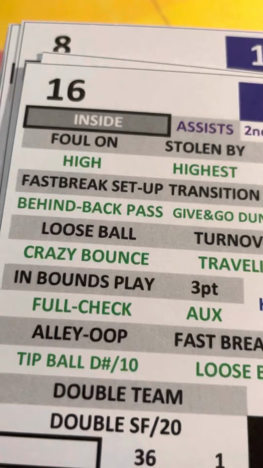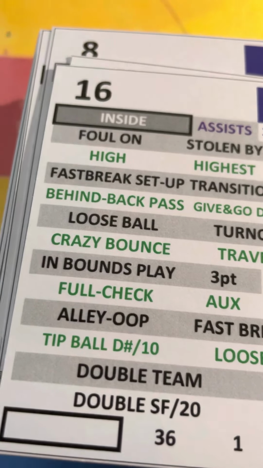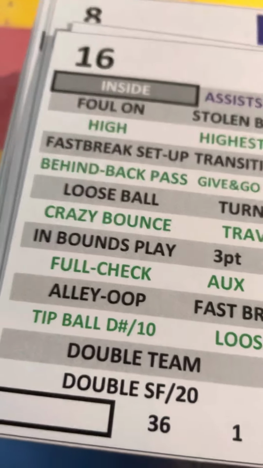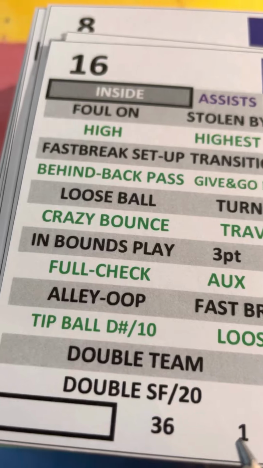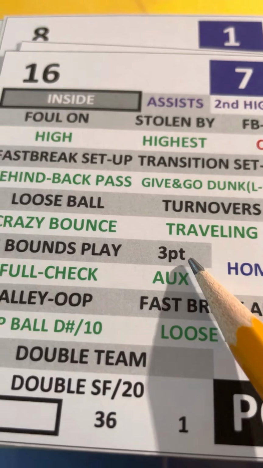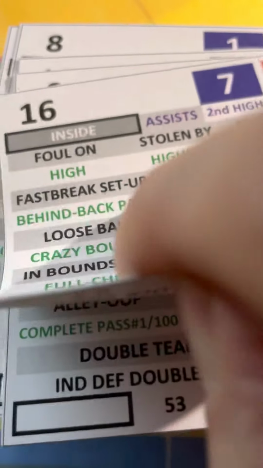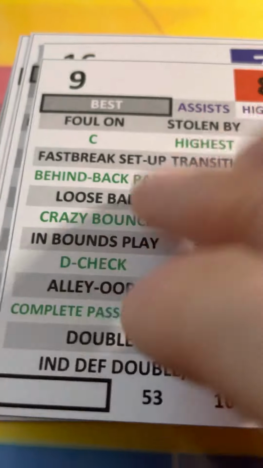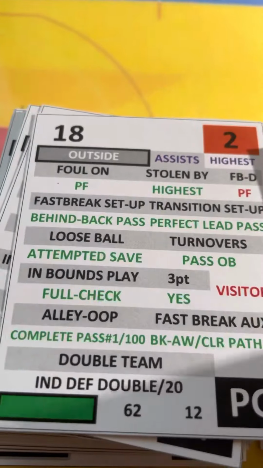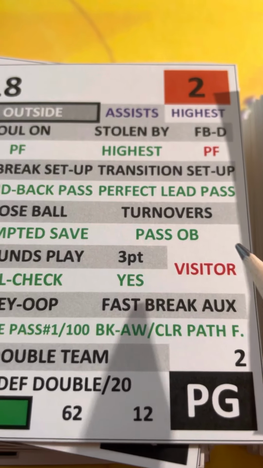Anytime there's a team rebound or in a set offense where there's a non-shooting foul, you flip the fact and you look at the inbounds play. It tells you what you're going to do there. Anytime you need the automatic three-point shot, you look at this. Or you need the desperation three, you look at that. Does he get the three off? No. It's going to be an auxiliary play. Does he get the three off? Yes. This section right here where it says visitor,